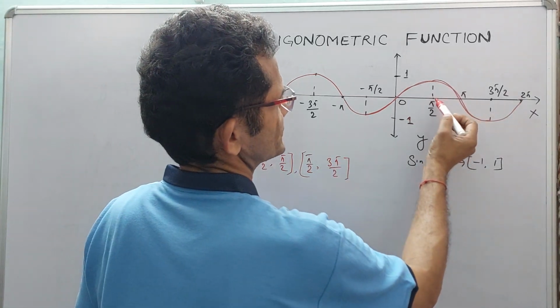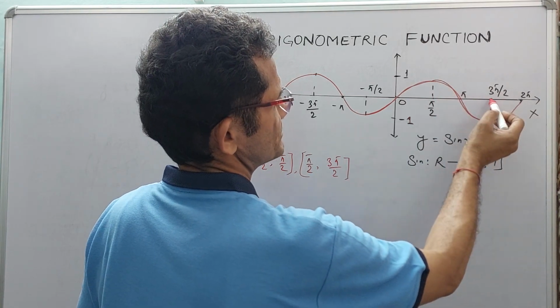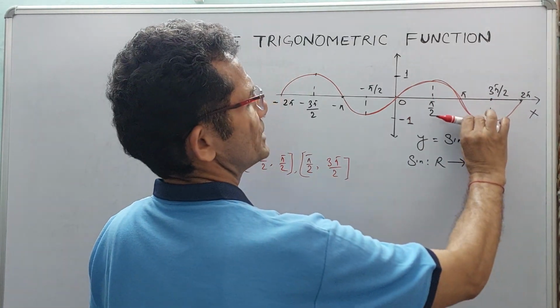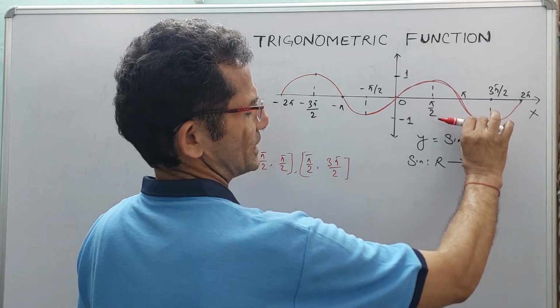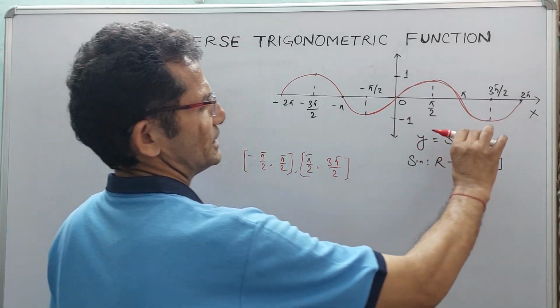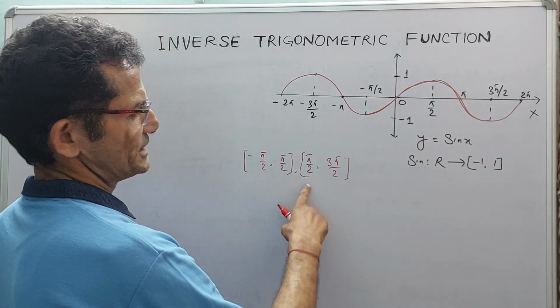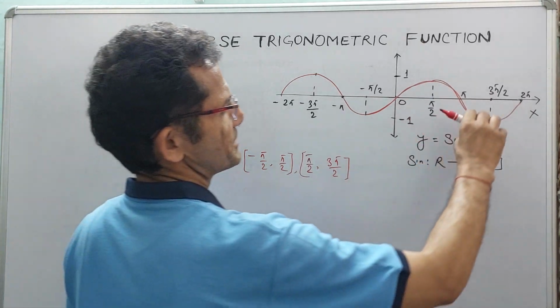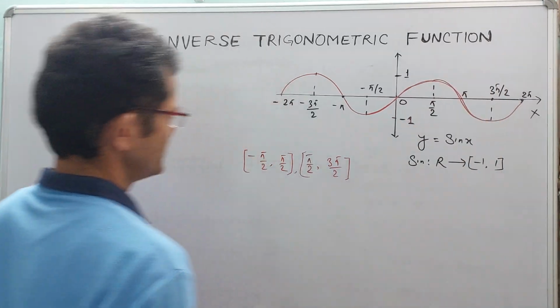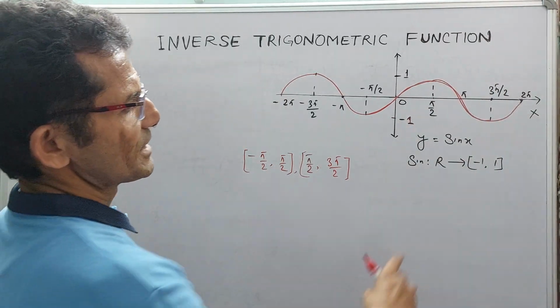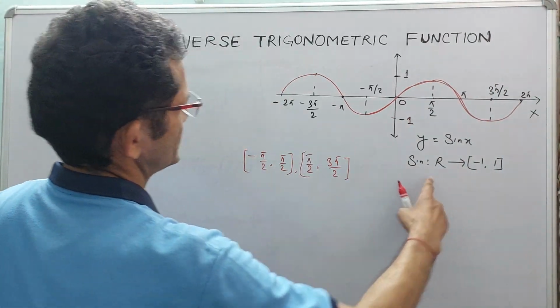So this is the domain part, and its codomain, the values of the image of these real numbers, will be from -1 to +1. Similarly, if I restrict our domain in this